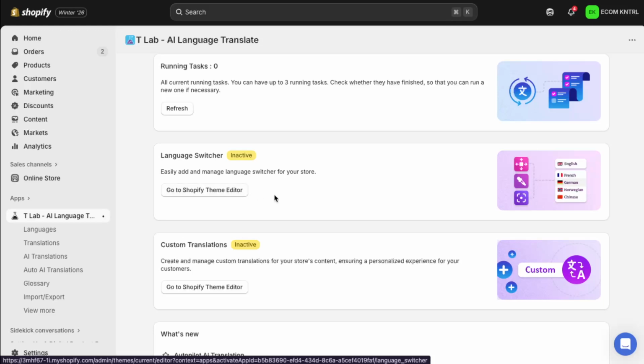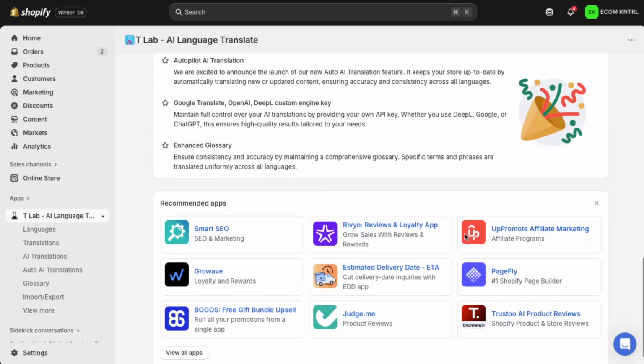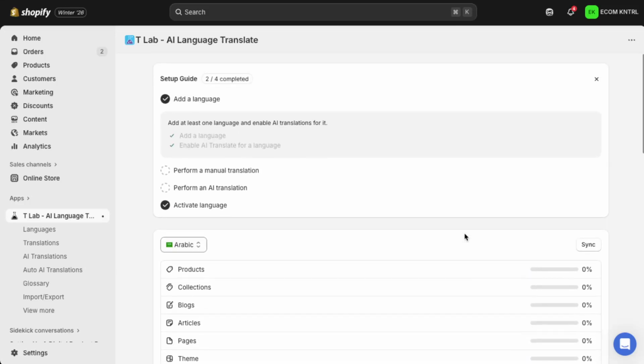That's it. You've added multiple languages to your Shopify store using the TLab, AI Language Translate app, enabled them, linked to the right domain, and published them for your customers. Follow these steps for each new language you want to support, and your store will be ready for